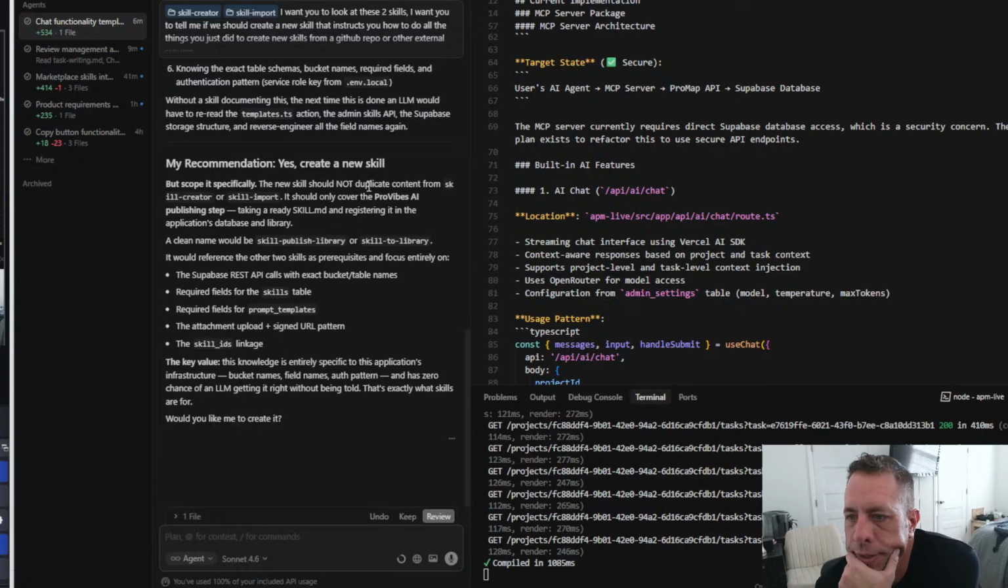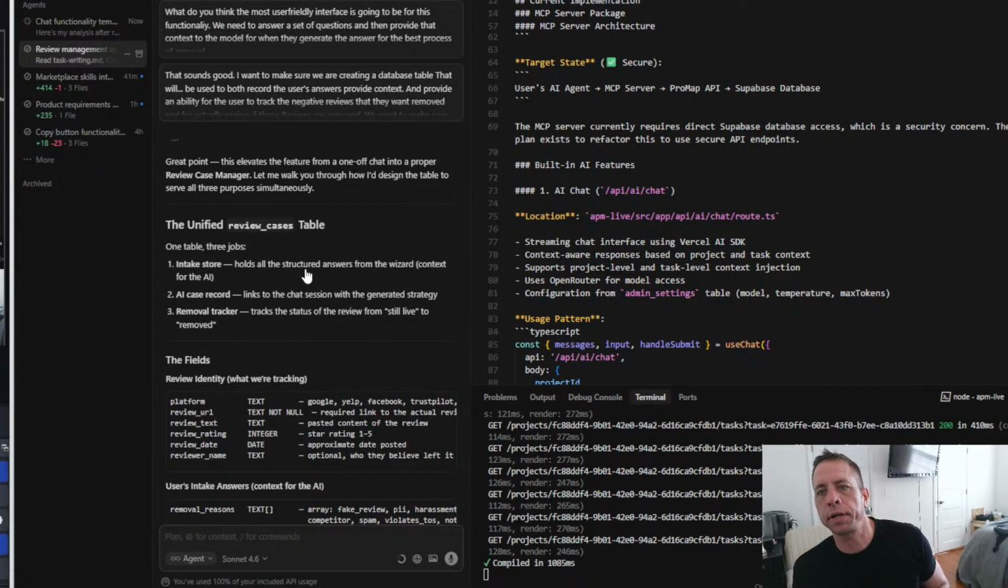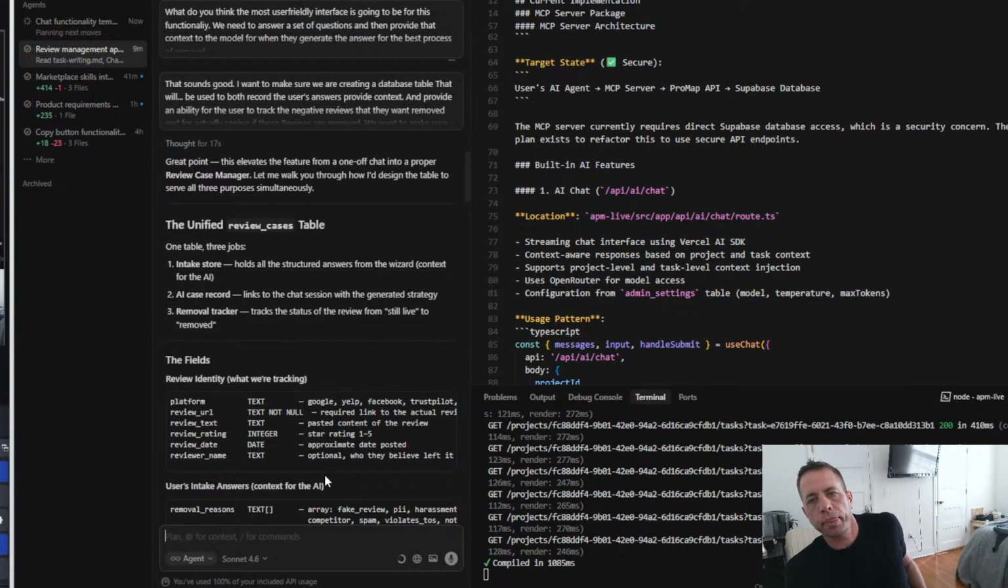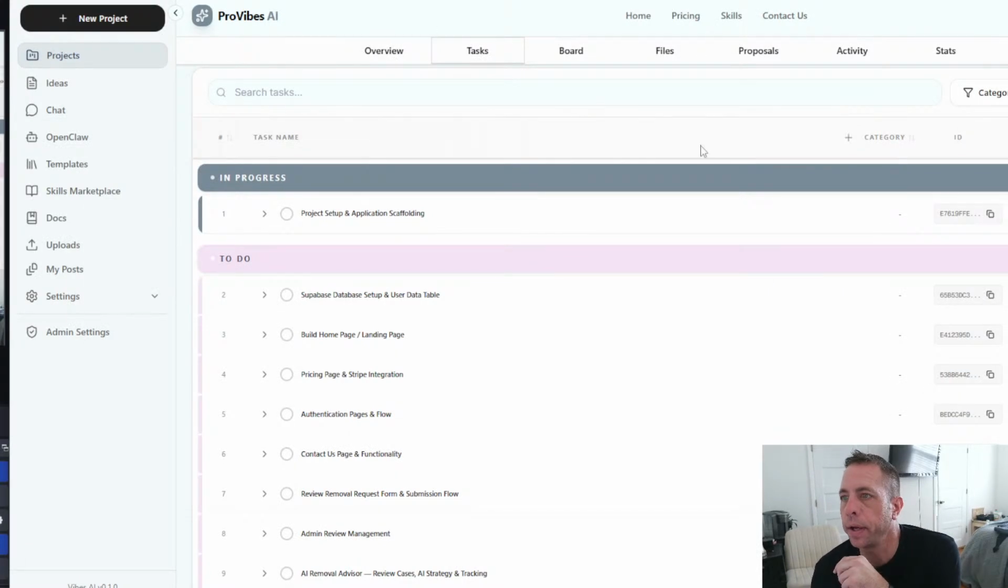Okay, my recommendation, yes, create a new skill, but scope it specifically. Let's create the skill in forward slash, and that's for our functionality. And then what I'm also going to do is create that skill in our platform, so you guys will be able to use that skill in the future to duplicate this type of